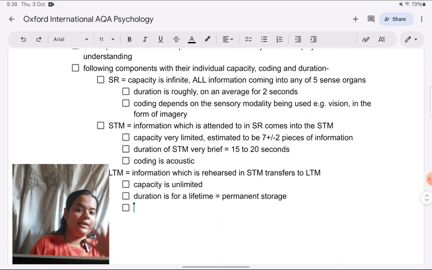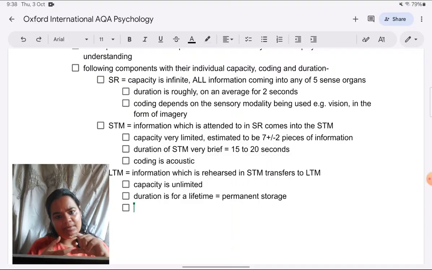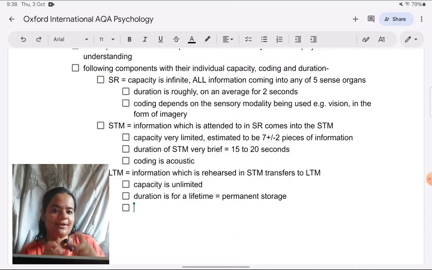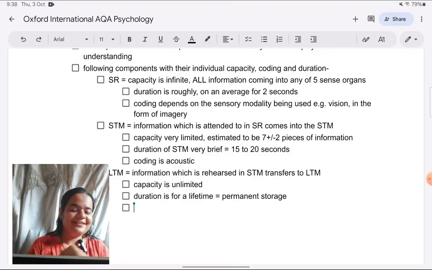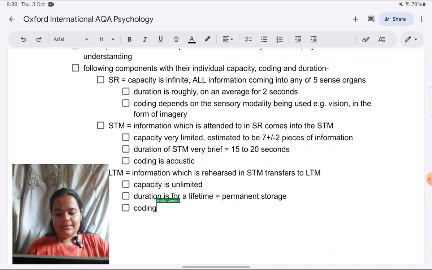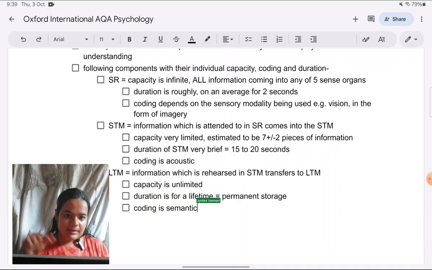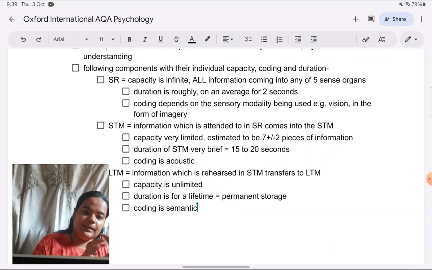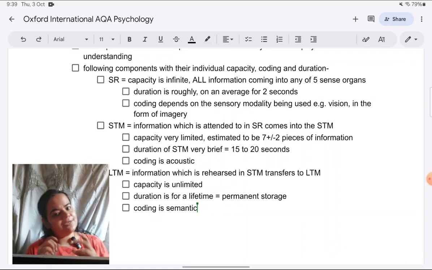Sometimes people claim they can't remember something from the past, but if we use a different method of recall, like recognition instead of recall, they're able to remember. So it is estimated to be permanent, never gets deleted. And if we talk about coding, coding is semantic. Information is understood and then it transfers to long-term memory. We don't remember facts as they are. We tend to remove the wording and remember the meaning of whatever we have learned. So it is said to be semantic coding.